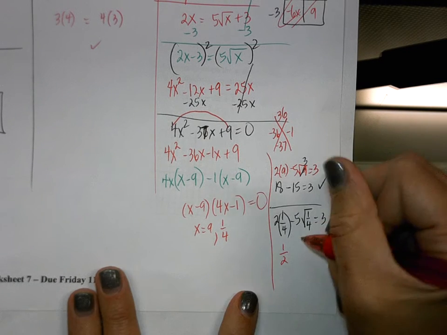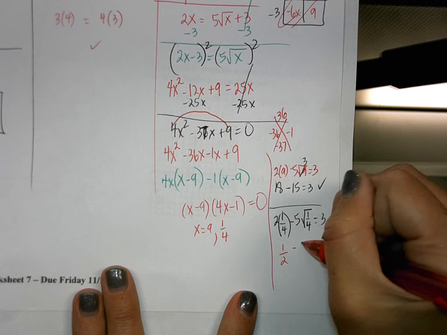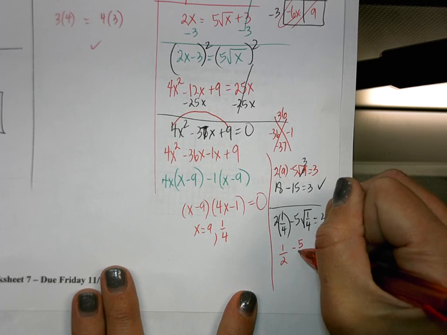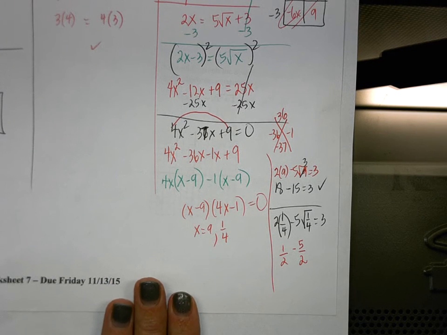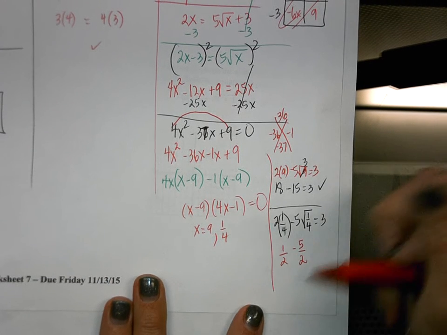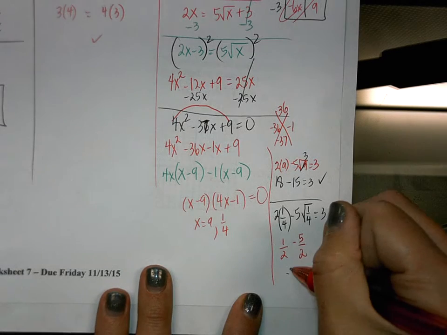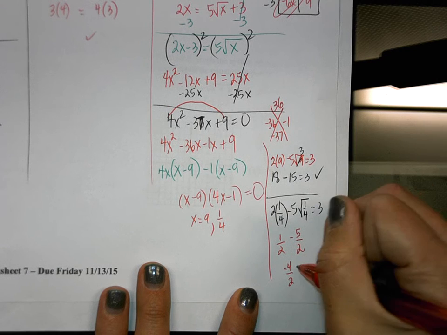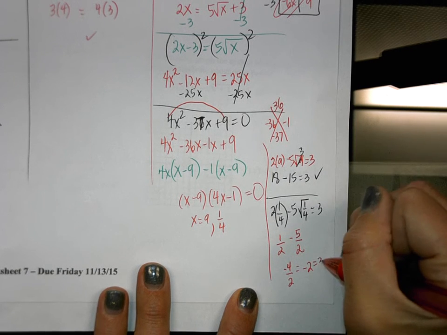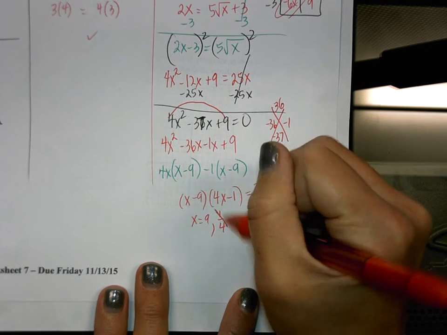So that means we're going to end up with negative 5 times a half, which is minus 5/2. Since they have common denominators, we can subtract. 1 minus 5 is negative 4. So I have negative 4/2, which reduces to negative 2, and does negative 2 equal 3? No. Okay, so this one does not work, which means 1/4 doesn't work, and my answer is just